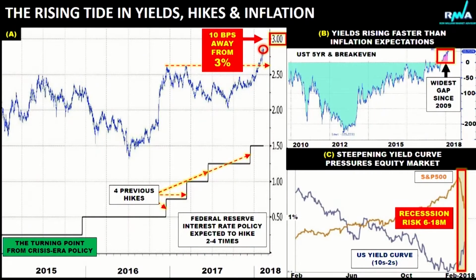And the other thing is keep your eye on the equity market, because the short and the long end of yields is actually rising at the same time, what we call steepening. And that is a major signal for equity market pressure, but also economic recession. Yes, let's bring the chart back up again, because in the bottom right-hand corner there you do have this steepening yield curve pressures on the equity market. Now you've got a big orange box on the far right-hand side there. I think this chart does bear some explanation.